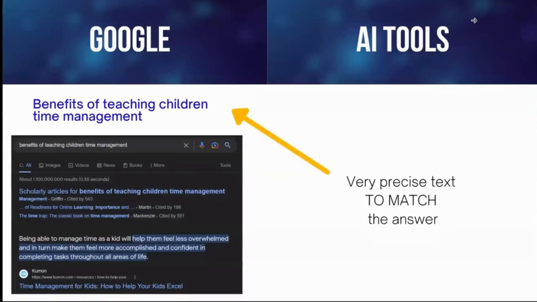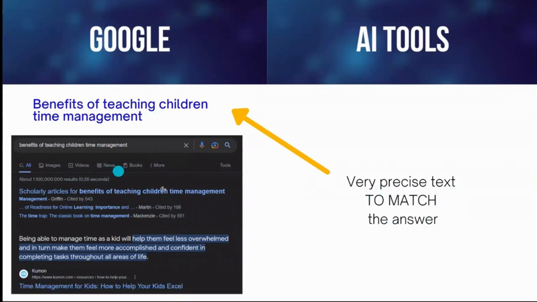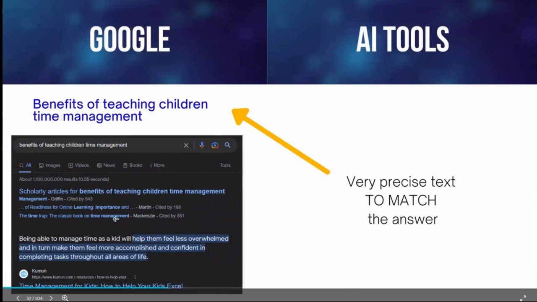Okay, you need to understand two different approaches, Google versus artificial intelligence tools. One is benefits. If you want to check the benefits of teaching children time management, what you need to do is create a search which needs to be very precise to match the answer, because Google will try to match this with the results on the internet.